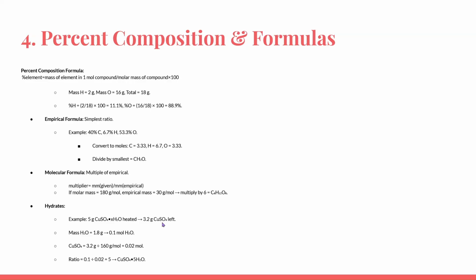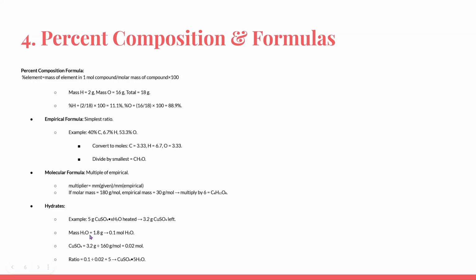Basically, when you heat it, you get rid of all the waters inside of the crystals of the hydrate, and so you're just left with whatever isn't water. And so the mass of the H2O can be found to be 1.8, because if you do the 5 grams of the hydrate minus just the compound, since there's no water left here, then you would get 1.8 grams,